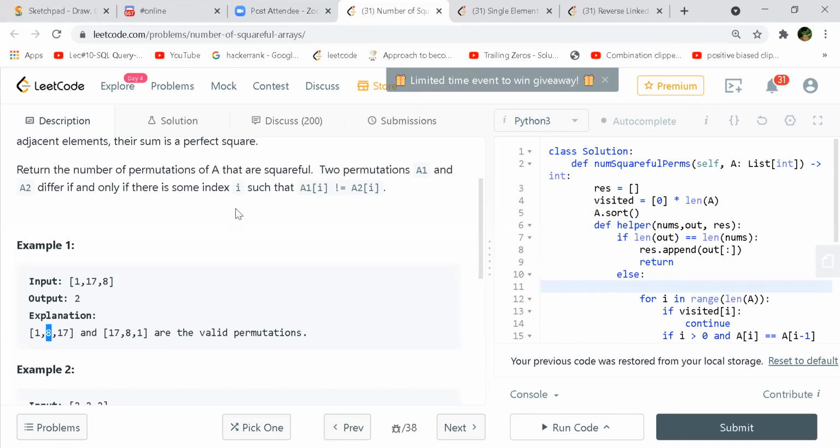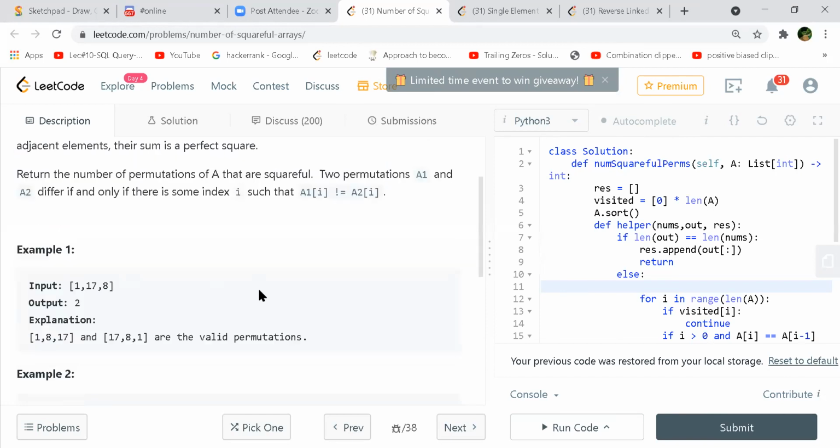Two permutations differ if and only if there is some index such that A1 of i is not equal to A2 of i. That means at least one index has to differ, he's saying. I think only then we get a different permutation, right? Not every index, only one index, at least one. That's fine, yeah.